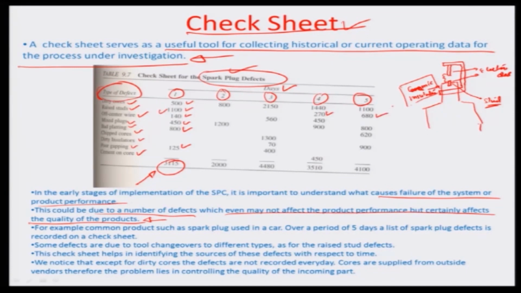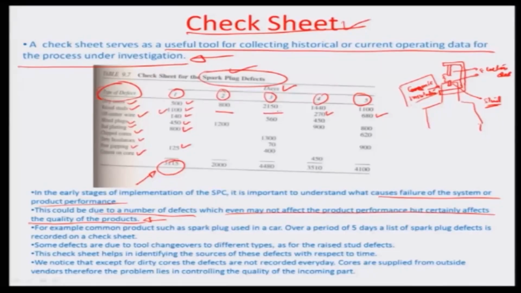Okay, so probably this stud defect is because either it is towards the end of the tool change or the beginning of the tool change which is causing this, and probably around this region, let us say. So obviously from this check sheet one can interpret that on day 2 and day 3 there are no raised studs. Probably the machine which is used to pinch the stud and place the stud into the ceramic core may be behaving in a proper manner during day 2 and day 3,